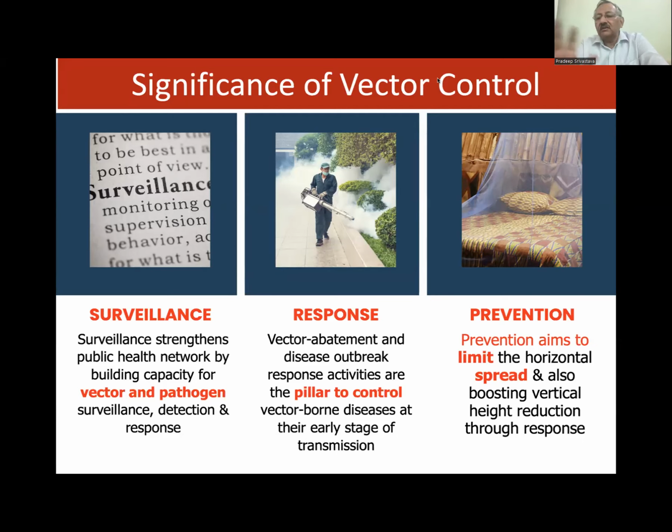So different terminology has been used. When the case has occurred, basically when you have found out that there is a mosquito, a transmission season already established, there is a transmission going on, and you are going to attack, that becomes a responsive vector control measure. When you do it the whole year, like for example, the third figure,